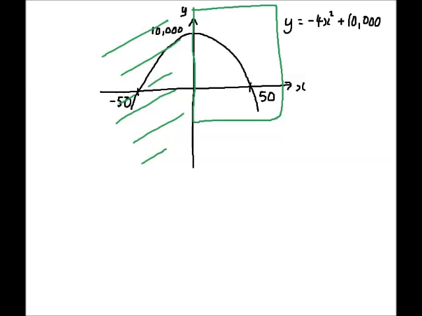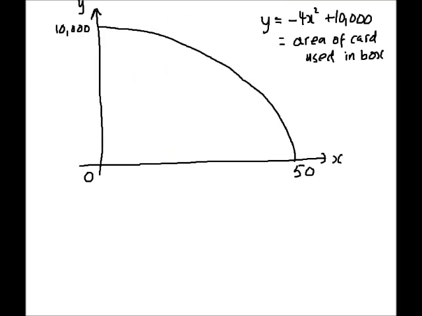Obviously, in the real world, we can't cut negative lengths off a piece of card, and we can't have negative areas. So the only region that makes any practical sense is this bit here between x equals 0 and x equals 50. Well, what does the graph tell us then? If we don't cut any corners out, the area of the card used is 10,000 square centimetres. If we cut 1 centimetre corners, the height of the box goes up by 1 centimetre and the area goes down by 4 square centimetres to